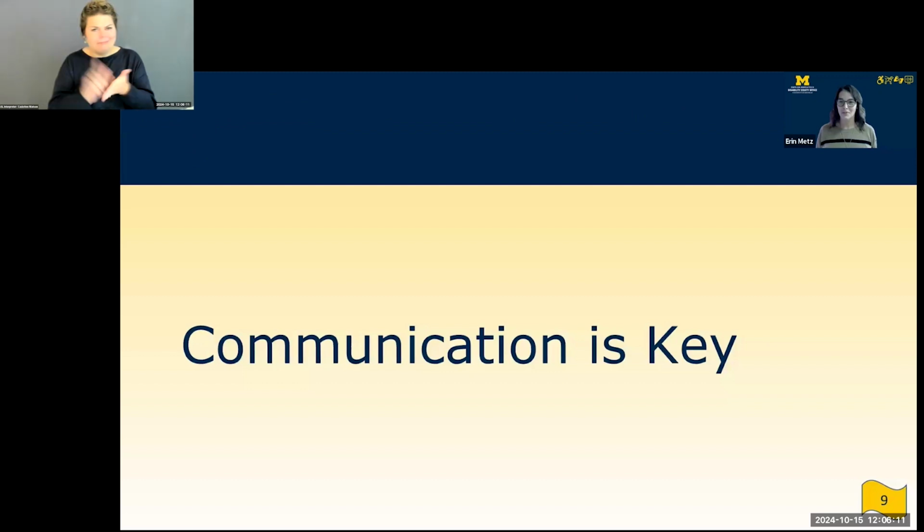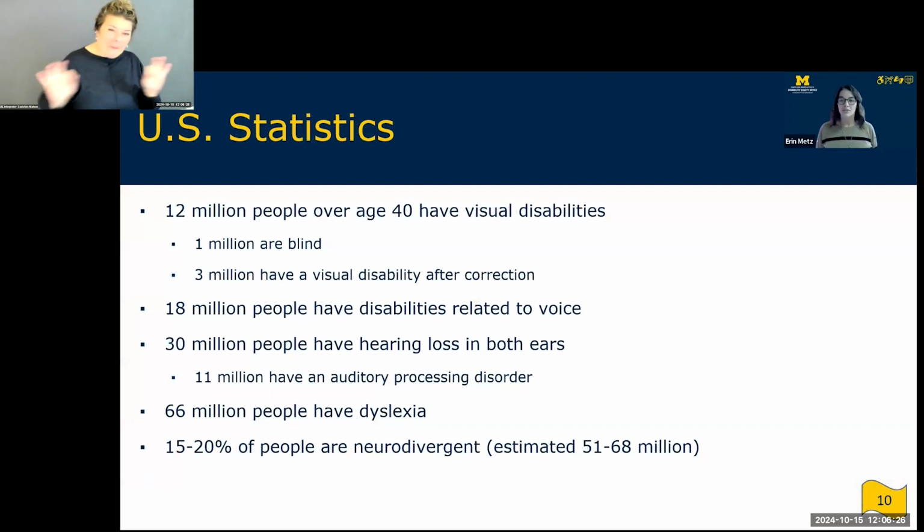Like I mentioned, I was just going to very briefly talk about the regulations under the ADA about effective communication. But instead, we're going to spend a lot of time talking about what we can do to effectively communicate, because communication really is key. So, we want to start by setting the stage as to why effective communication is so important.